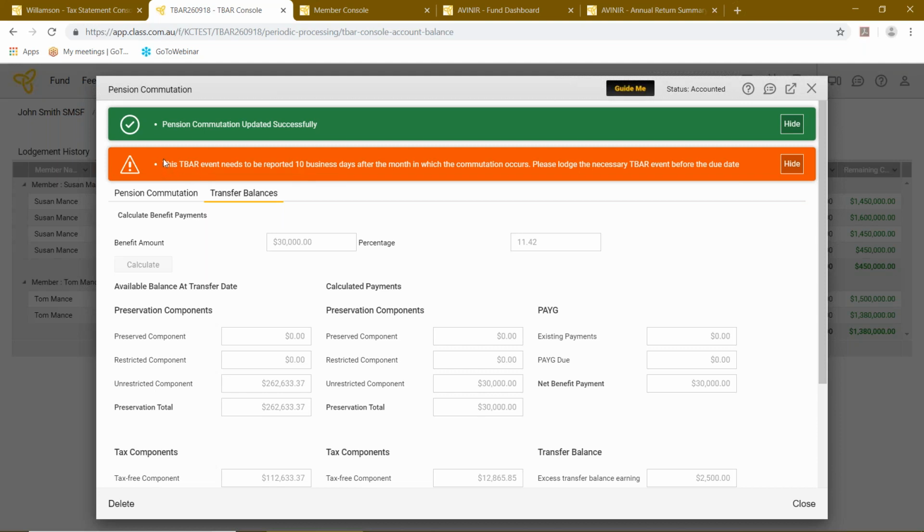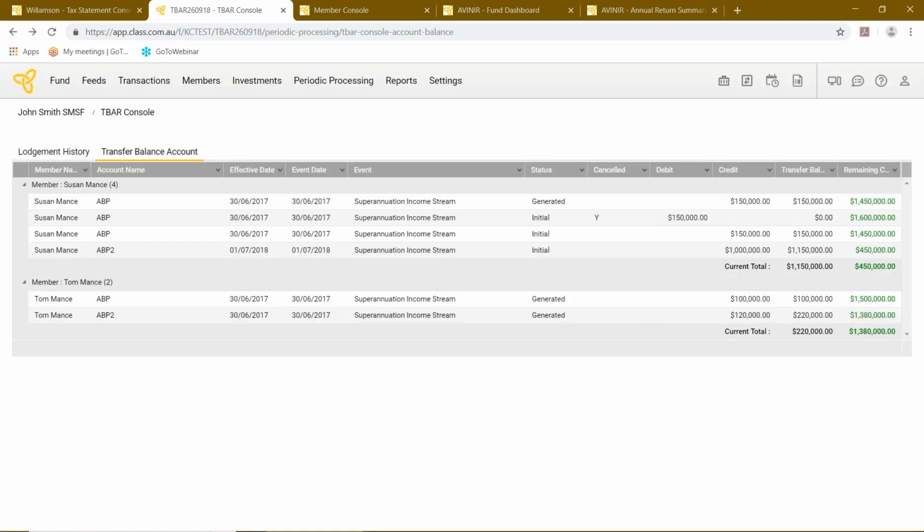You'll be familiar that the reporting requirement for ETB is different to the normal cycle. So we have a warning message there to let you know that you may have to report that a little bit earlier. Now, if I refresh this page,